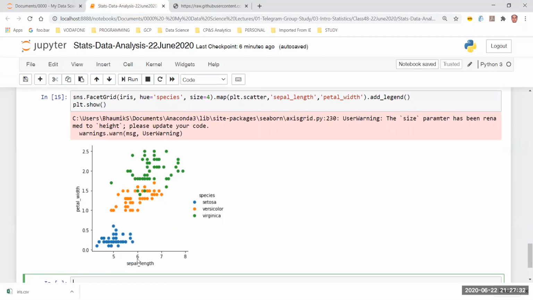Now, the relationship between sepal length and petal width is also basis the species, right? Now the differentiation is really, really useful. When sepal length is within the range of 0 to 6 and petal length is within the range of 0 to 0.6, I can clearly say the species of the iris flower is represented by the blue color. Blue color is what? Setosa, right? But I cannot be 100% sure about a clear distinction basis petal width and sepal length when it comes to versicolor and the virginica flower.